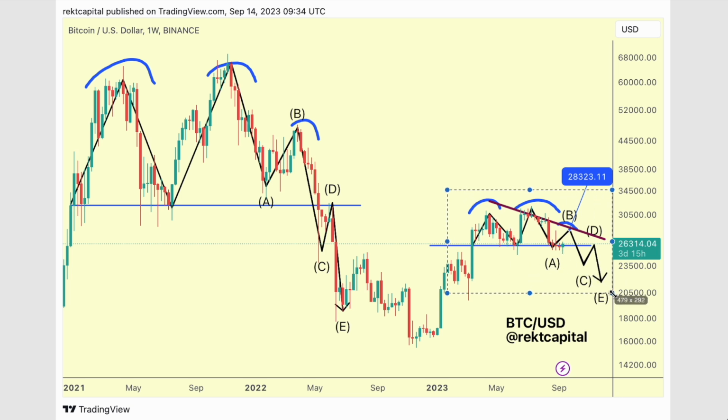But how do these bearish fractals play into the 4-year cycle? You can learn more about that in the top right hand corner. Check that video out about the 4-year cycle. It's a deep dive. Hope you enjoy that one.